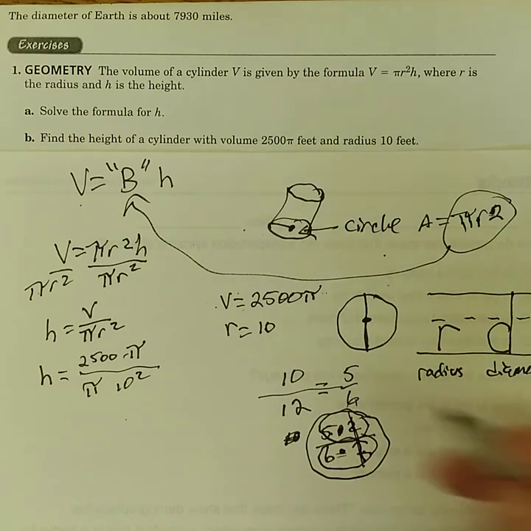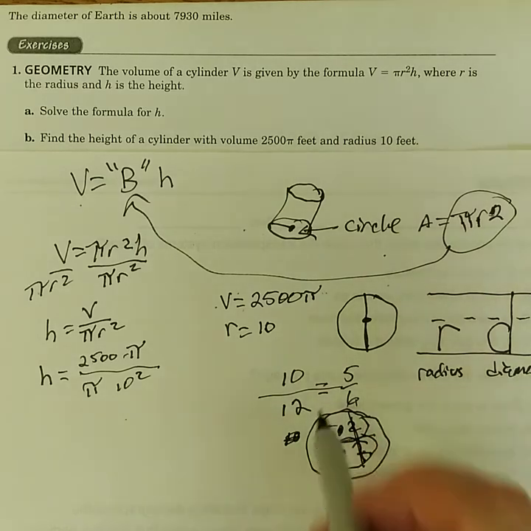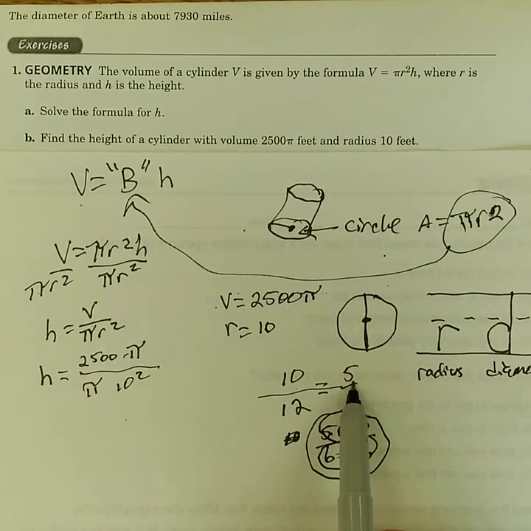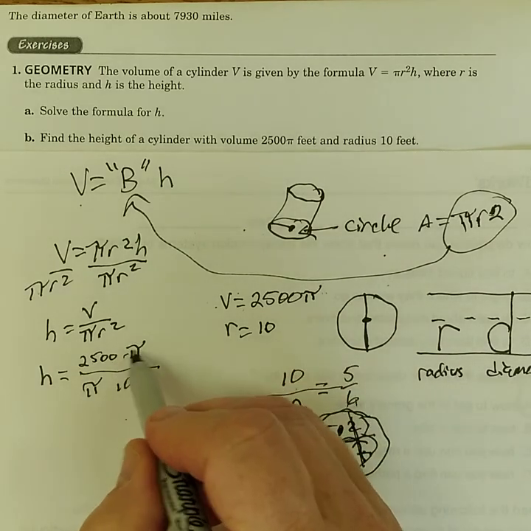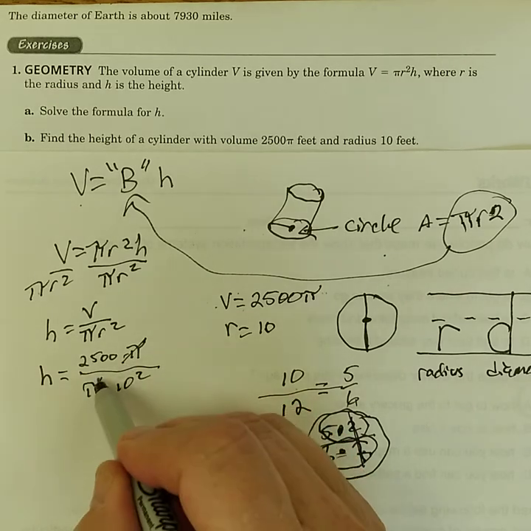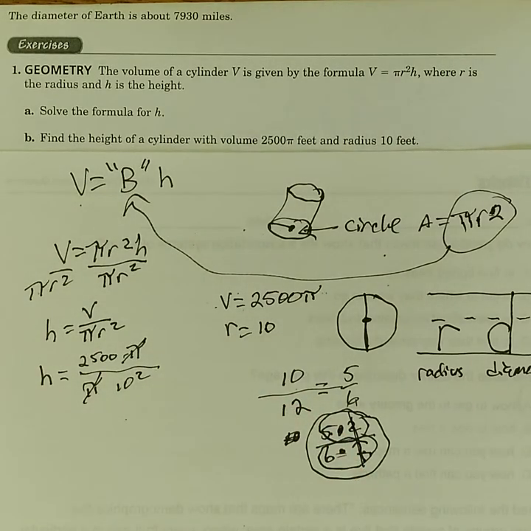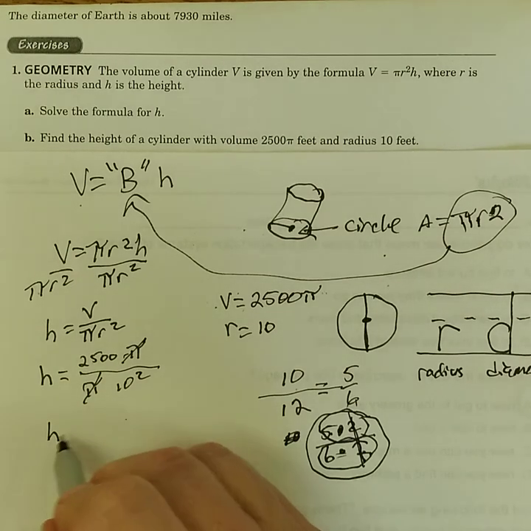to be 1, 2 over 2 is 1, because that's what you did here. You divided 10 by 2, divided 12 by 2. So you can cross it out. So that means here that if you have a times pi and a times pi, you can just cross those out to simplify. Okay? So now we have height equals